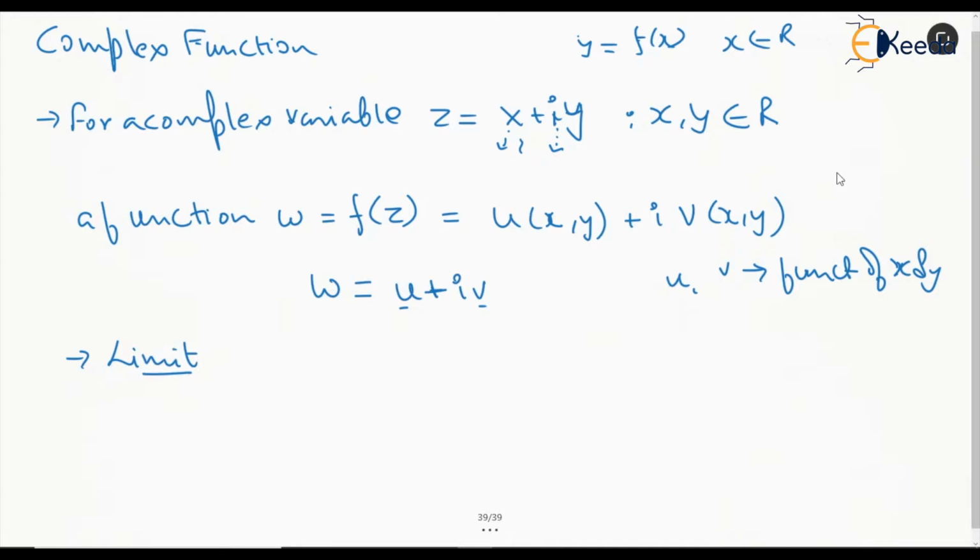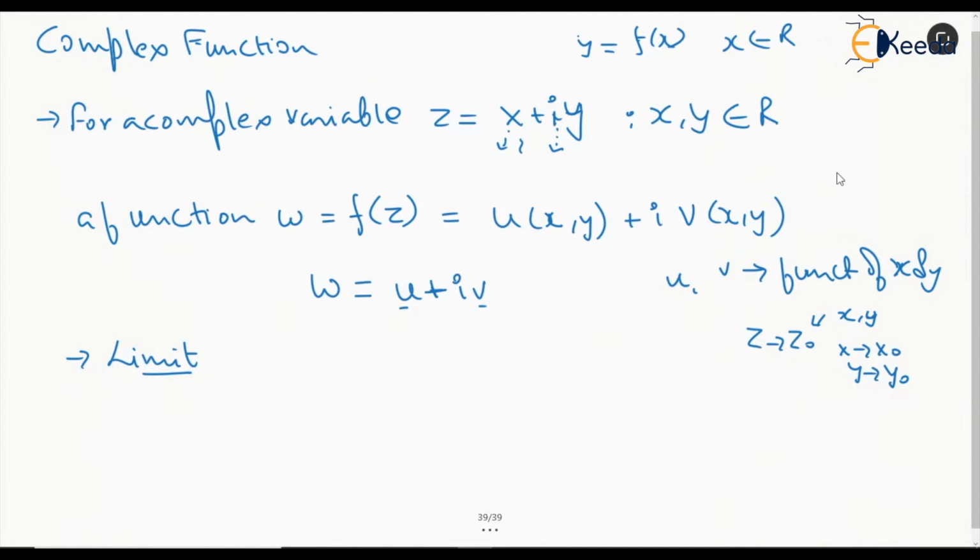And now we can also find the limit for this. So far we have seen in the single valued function, that was real functions, that when x tends to x naught, the function used to tend to some certain value. But if we are talking about limits of the complex variable, the z will be tending to some value z naught, and obviously this z naught will contain both x and y components, which means x should be tending to x naught and y should tend to y naught.